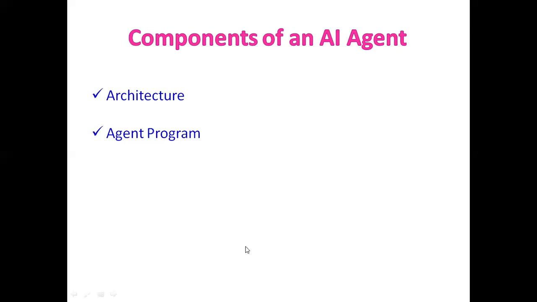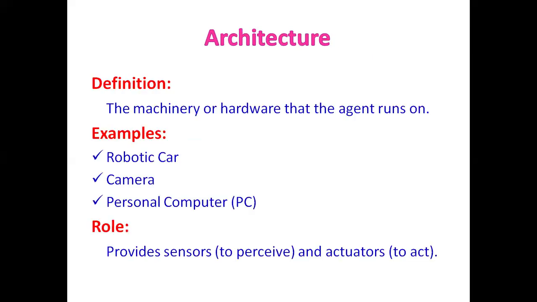And what does agent program say? The agent program is the decision-making component that drives the agent's behavior. It processes sensory inputs and determines the appropriate actions based on rules, algorithms, or learning models. The program ensures that the agent can achieve its goals by interpreting environmental data. It functions as the core logic of the agent, guiding its responses and adaptations.